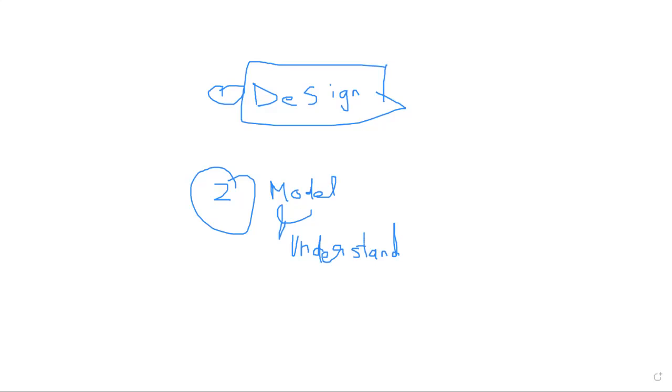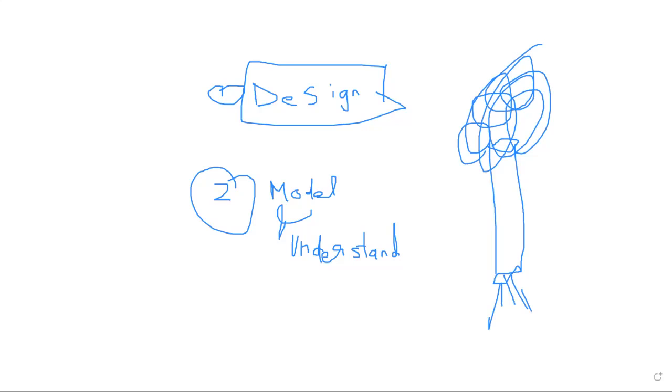For example, what could be an example of it? Let's say we have a tree, right? Let's say this is the tree. These are its roots. Pardon my poor drawing, but just to give you an idea. It has all these leaves and stuff. So let's say it has a main trunk, this part, we could model it as a cylinder,